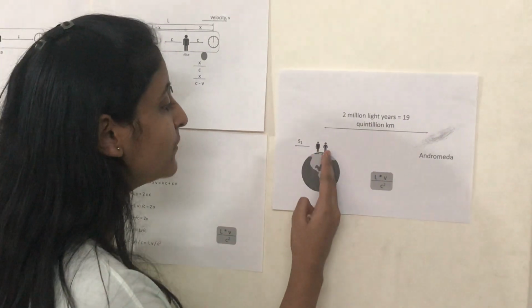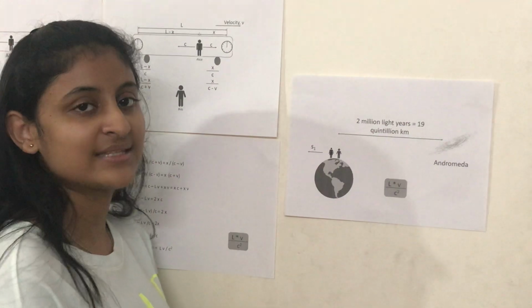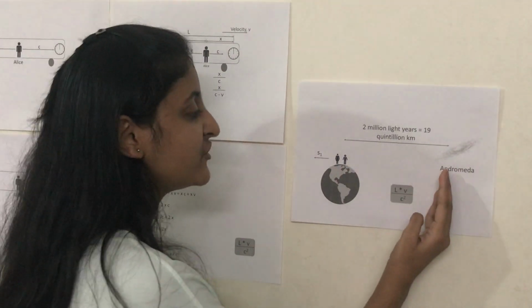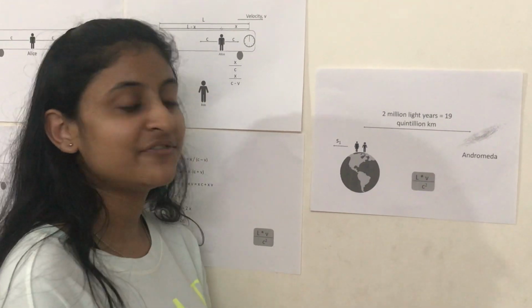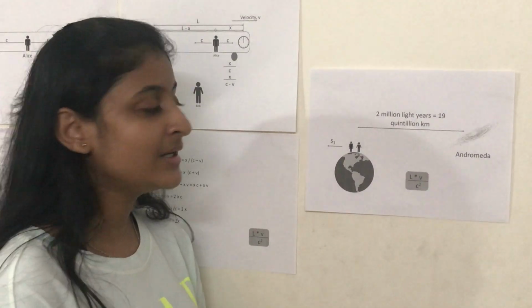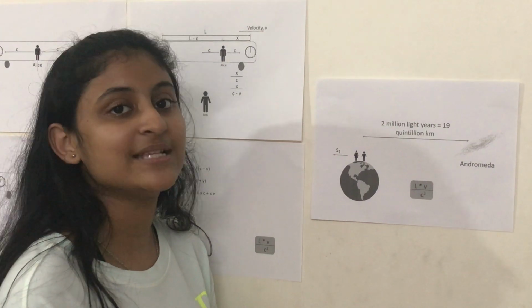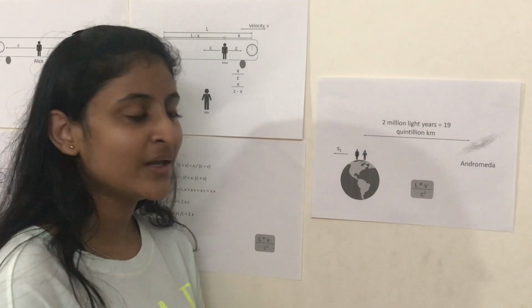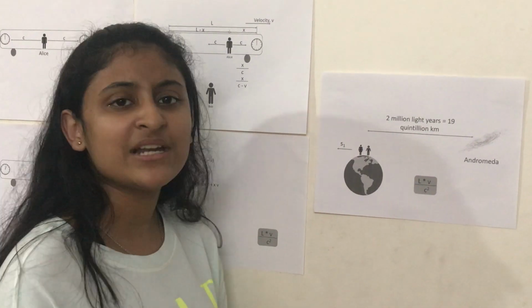Now we have Alice and Bob here who are watching the events unfold. Let's say Alice moves away from the Andromeda galaxy at a speed of say 1000 kilometers per hour and Bob moves towards the Andromeda galaxy at a speed of 1000 kilometers per hour. This distance is a function of L into V. Therefore, Alice, who is moving away, her numerator will increase significantly, whereas Bob, who is moving towards the galaxy, his numerator will decrease significantly. Therefore, for Bob, the aliens might have already left Andromeda.